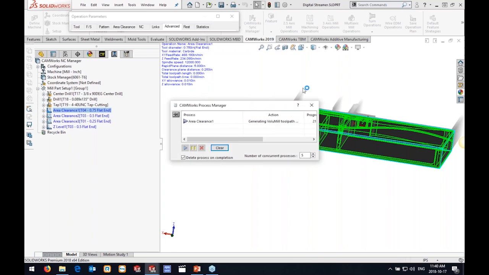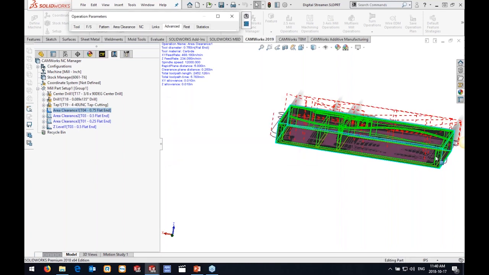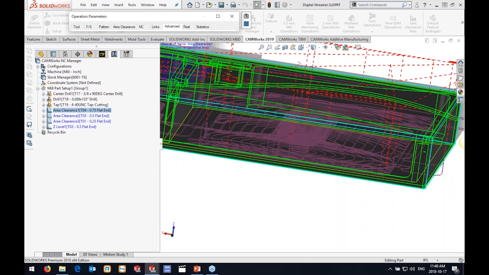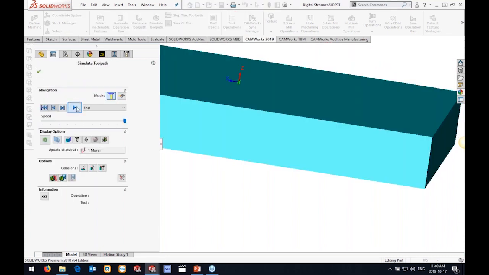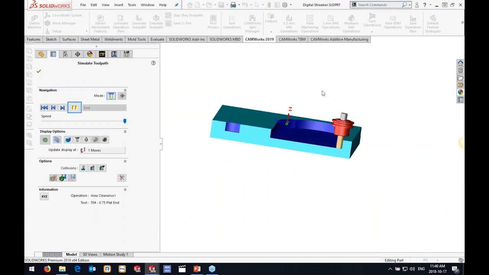It will actually go in and check whether the holder is going to collide with the wall, and then automatically say, okay, well, I'm not going to go as deep in that particular region, but I'm going to go deeper where I can. So on the floor where there's a big open space here, I don't want to just stop right where my holder is, even though my holder is kind of machining the wall here. I don't want it to just stop at this position and machine everything to that depth just because my tool hasn't got enough reach. So what it will actually do is go in and machine it to the depth where it can,